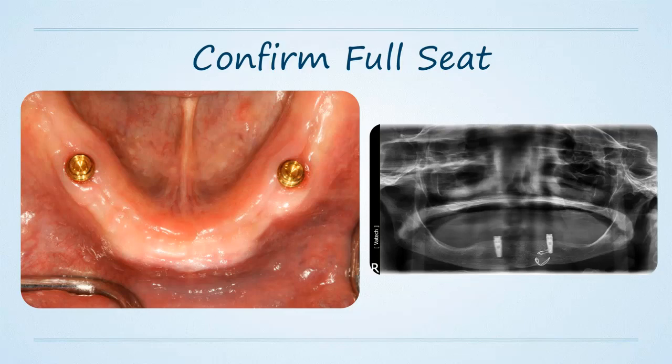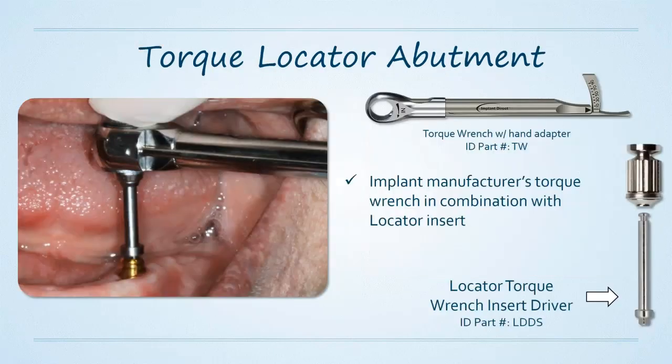During that time period, my assistant is taking my patient to the panoramic machine to make a panoramic radiograph to confirm full seat. Patient comes back. Before I do my reline impression, I torque my abutments down. That workflow works extremely well in my clinical practice and is extremely efficient. Before I make my final reline impression, after doing a radiographic check that the abutments are down all the way,